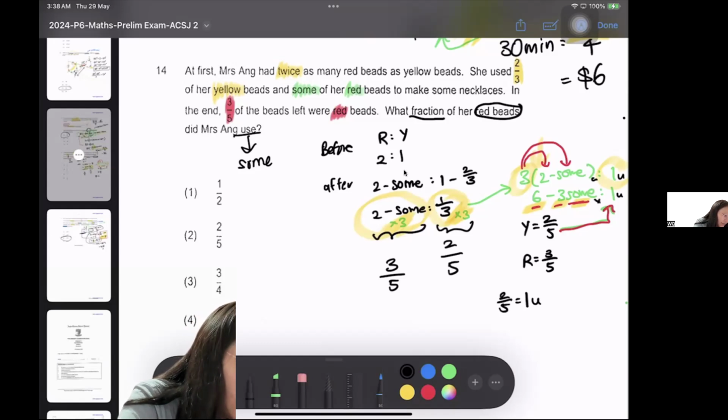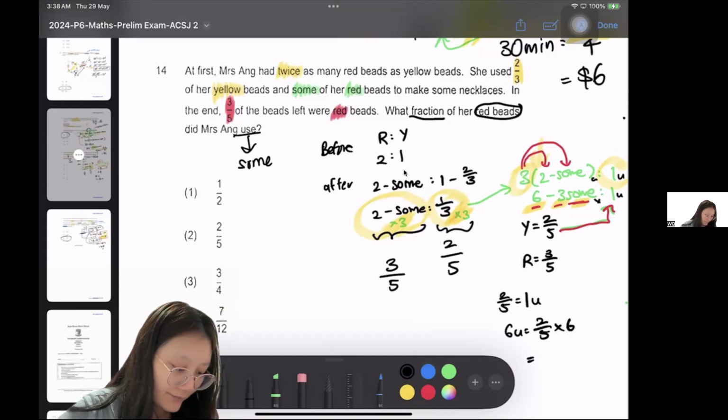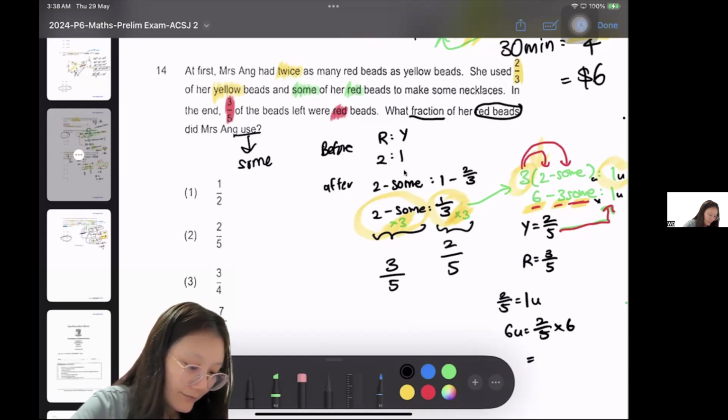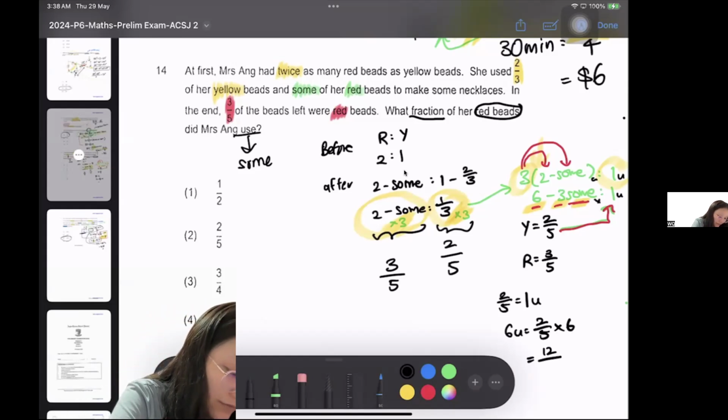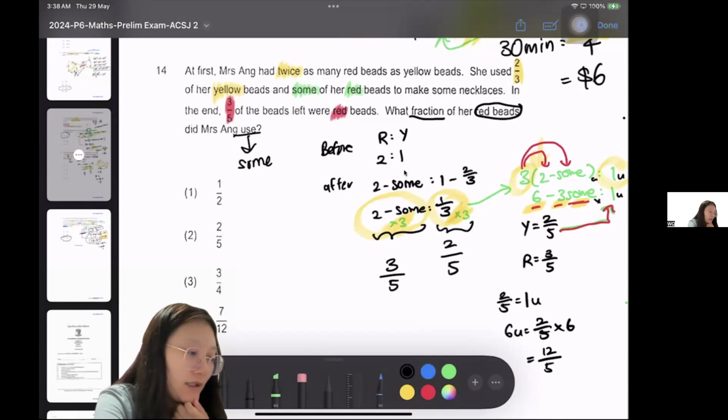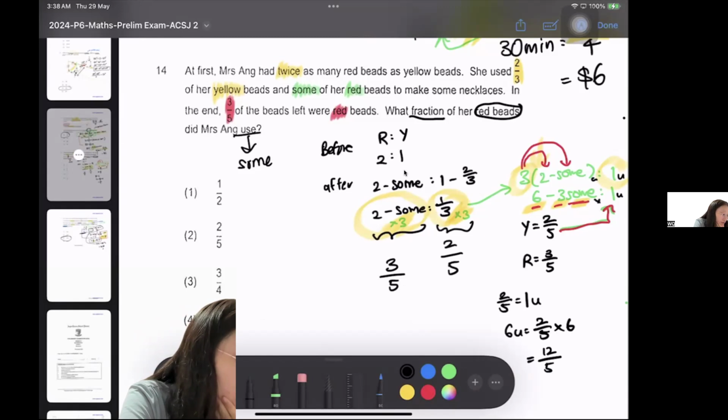If 2/5 equals 1 unit, what is 6 units? 6 units equals 2/5 times 6, which equals 12 over 5. Okay, so basically 12 over 5 will equal to,